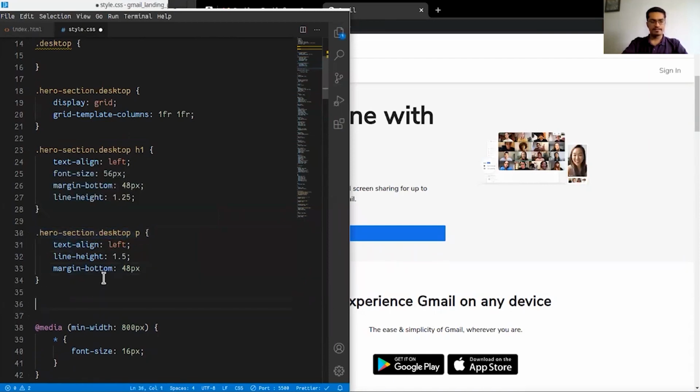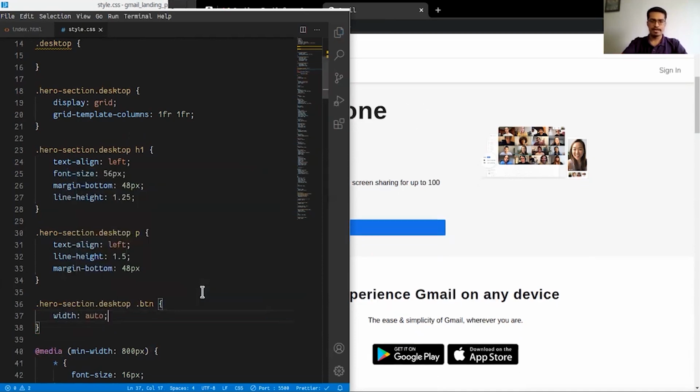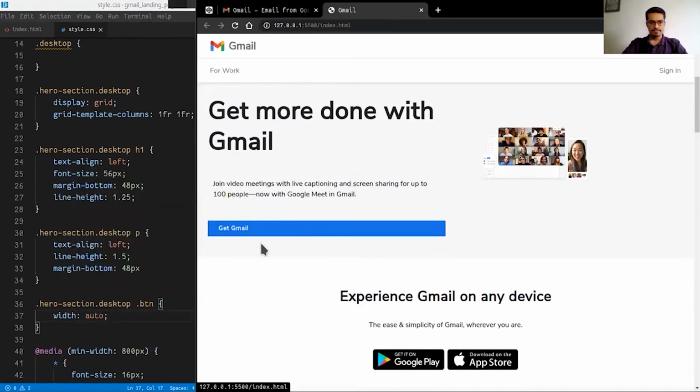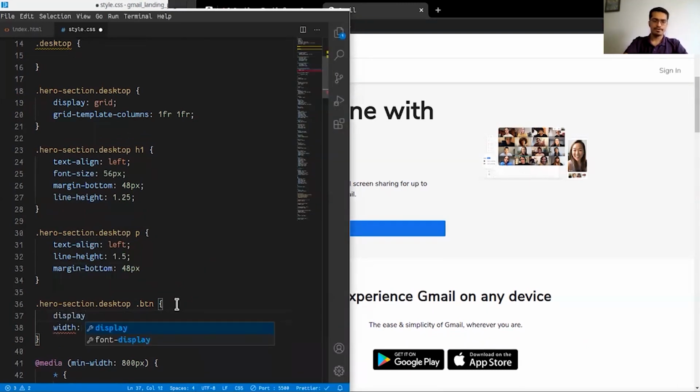And then finally this. So you can have .btn. And for this button, you will say that, you know what, the width is automatic. You don't want it to stretch this much. What you probably say is